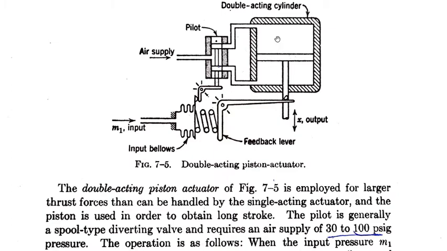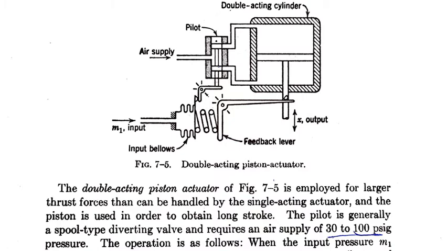So this is a piston. This piston will move up or down according to the input supply you give. You observe the piston input here, at the top side as well as the bottom side. So whenever you supply pressure at the top side, what happens to the piston? The piston will move down. Whenever you supply input pressure from the bottom side, then this piston will move up.